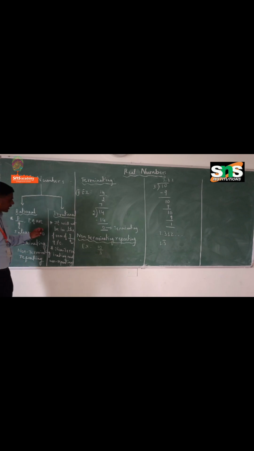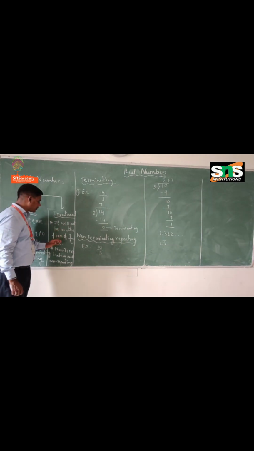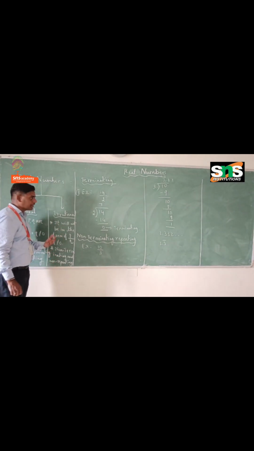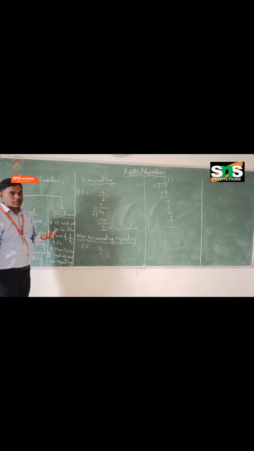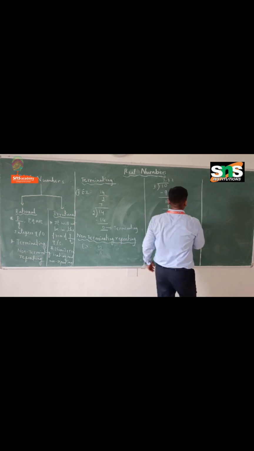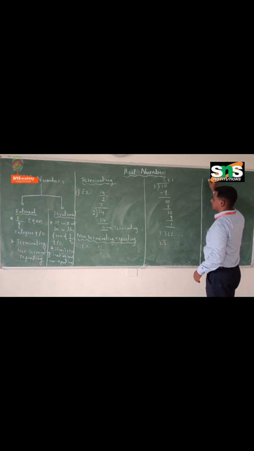When you come to the irrational number, it will not be in the form of p by q. The condition is non-terminating and non-repeating. The value will not terminate, and at the same time will not repeat. For example, for irrational numbers,